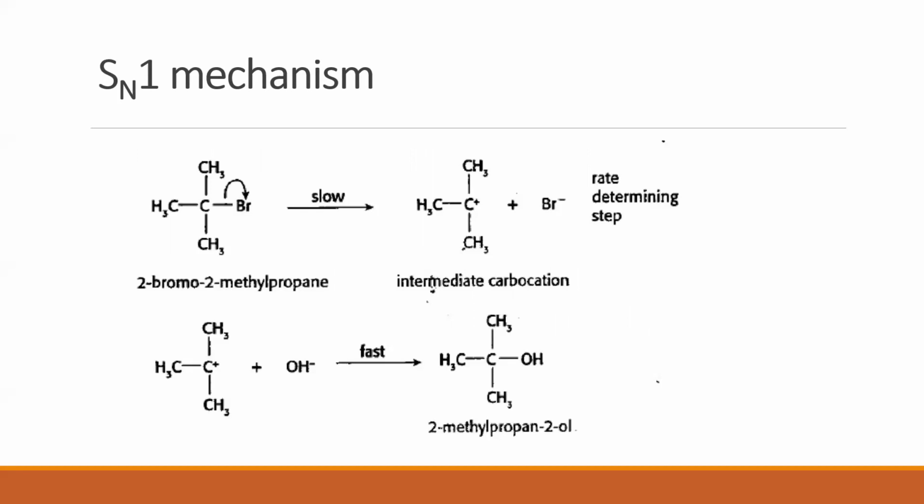Now, as you can clearly see, the SN1 mechanism is composed of two steps, step 1 and step 2. Unlike SN2, which was a single step mechanism via a transition state. We don't consider the transition state as a product, hence it is not a separate step. Whereas when I look at the SN1 mechanism, it is actually composed of two steps. So let us look at the two steps.